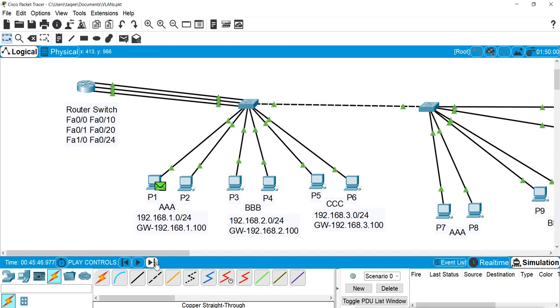So the next request now comes. Now it will not drop anything. It will go directly to the router, and the router will send this to the switch in another VLAN. Then it reaches PC5. Then PC5 sends the reply, and it goes to the router. Then the router will send the reply to the machine. So now the packet will not drop. So only the first packet drops because of ARP.